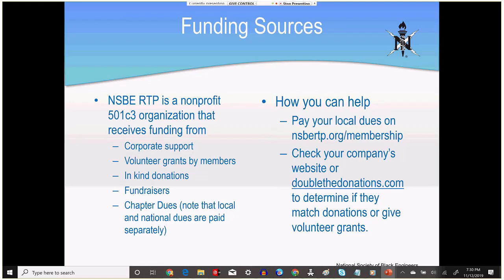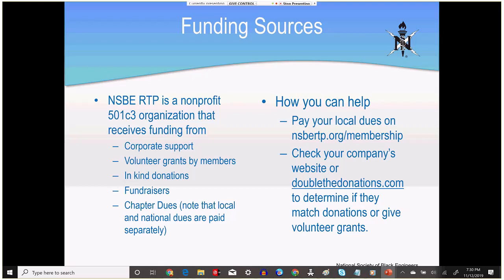Another source is volunteer grants by members. Some companies, if you volunteer, will actually give to NSBE RTP. One thing you can do to help, and I'll talk more about this, is look and see what kinds of donations your company gives.